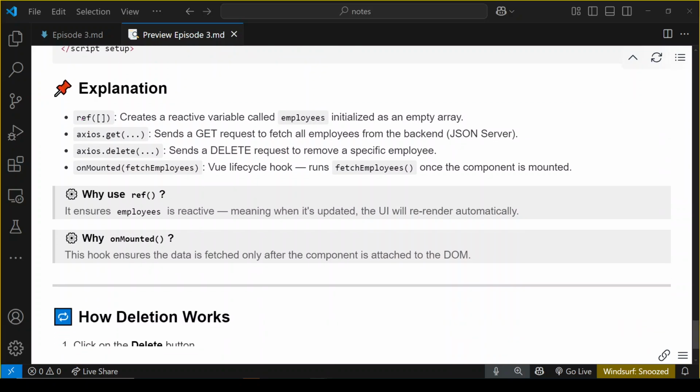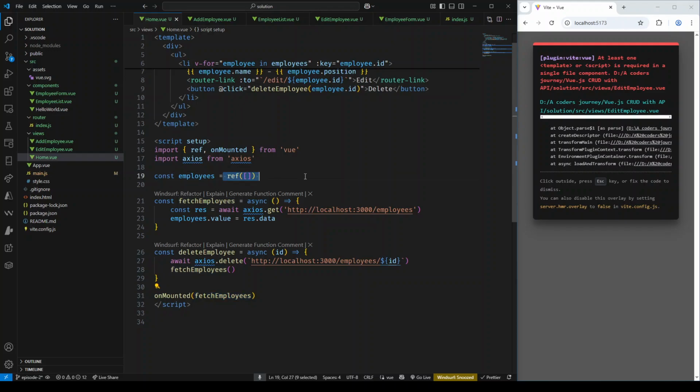So ref is used to create a reactive variable called employees in this case, and it is going to be initialized to an empty array. Take a look here. This is a reactive variable, and I'm going to tell you what a reactive variable means, and it is initialized to an empty array. But for example, inside of fetch employees, it's going to get a new value. So you're basically going to set the value for a reactive variable using dot value notation. So dot value means take whatever it is here, so the data that I have received from my backend API, and set it to